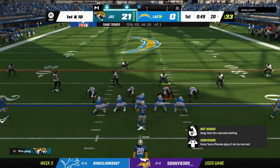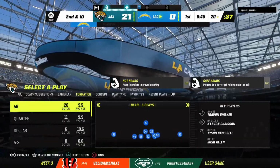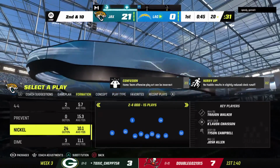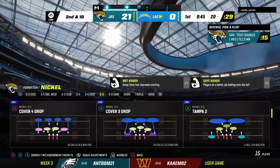The Charger drive about to get going. The way this offense hasn't been able to generate anything, you feel like they probably need to get something going on this drive, right? Yeah, and sometimes I overuse that this is an important possession. But I think this has to be the possession where they come up with an...